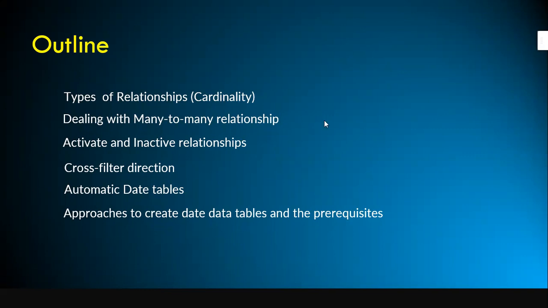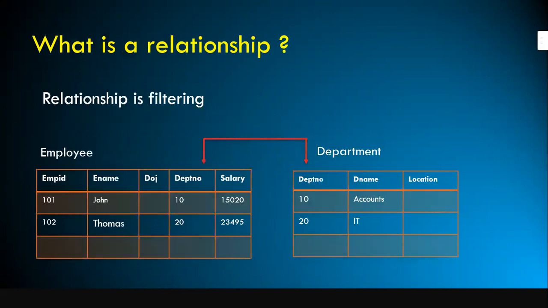First of all, what is a relationship? That's what we discussed in the last session. A relationship is nothing but filtering the data when it comes to Power BI. So we use relationships to filter the data. And even in the case of RDBMS, as part of SQL training, we discussed the primary key and foreign key. We create the primary key to uniquely identify an instance or a record in a table.